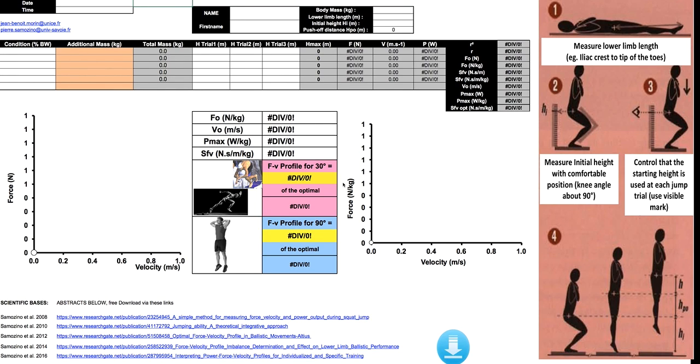I'm going to show you our tutorial for using the spreadsheet that we've designed with Dr. Pierre Samosino to calculate the jumping force velocity profile and to estimate the force velocity imbalance based on this profile. So if you want to read the theoretical basis and the publications around this approach, you have here access to